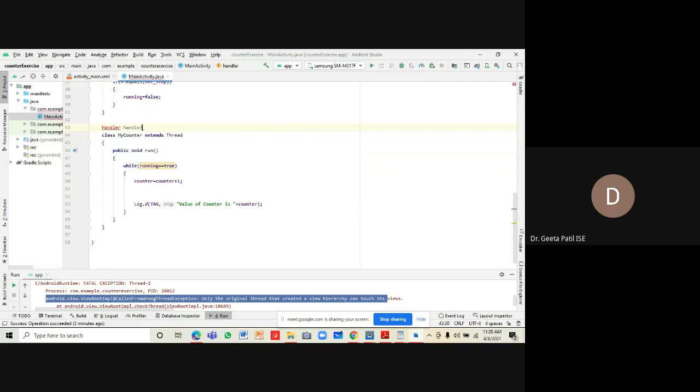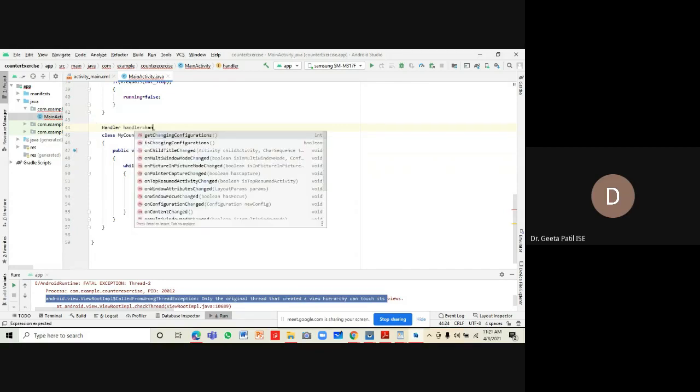Handler is the object of this class. So hit enter, import class Handler. Handler is equal to handle message.